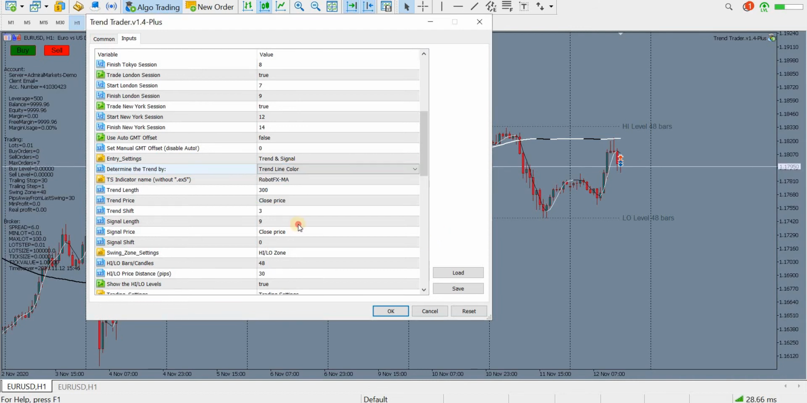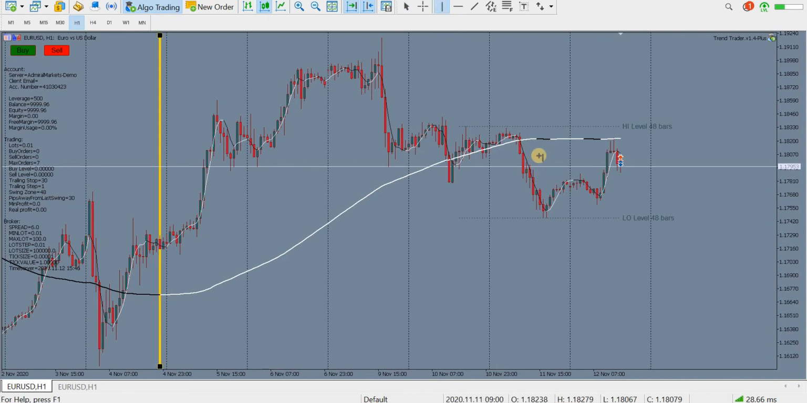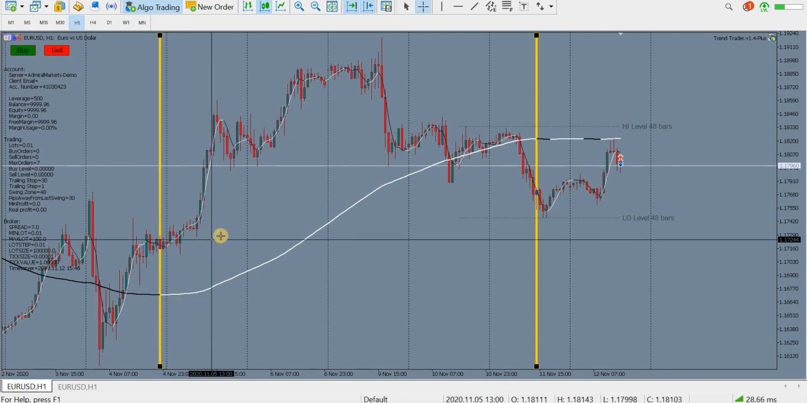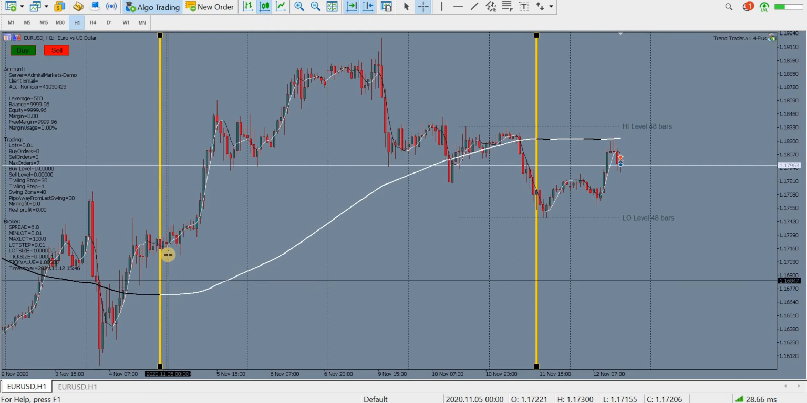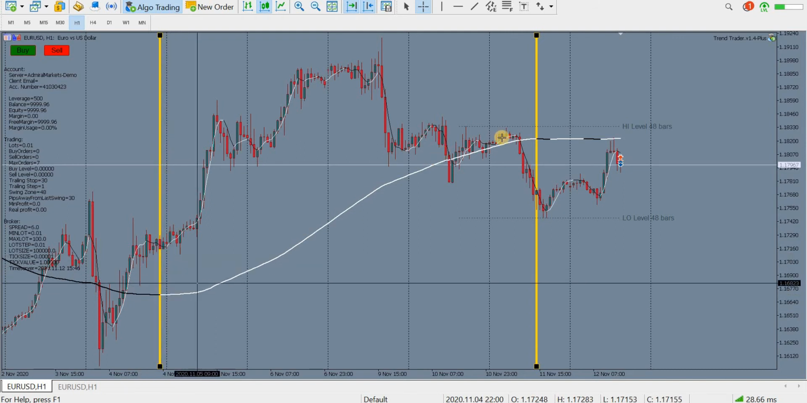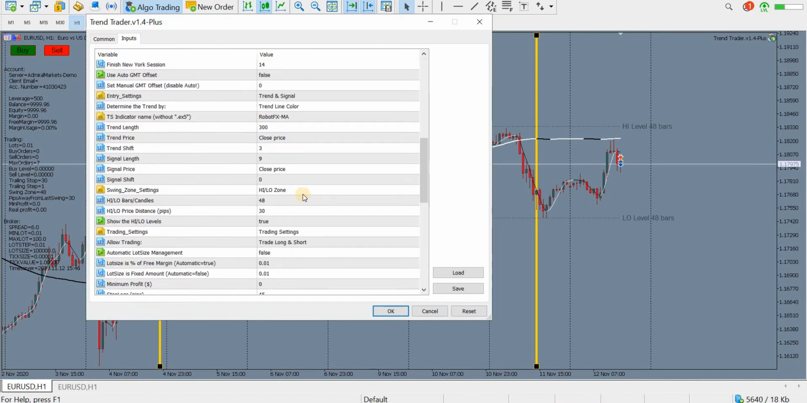Now, about the trend again. The trend line color means that the expert advisor will consider buying if the trend line is white, if there is any trading signal, of course. So it would focus on opening buys from here until here, within these two parallel yellow vertical bars. Or we have the expert advisor